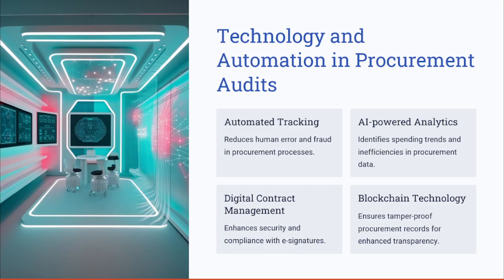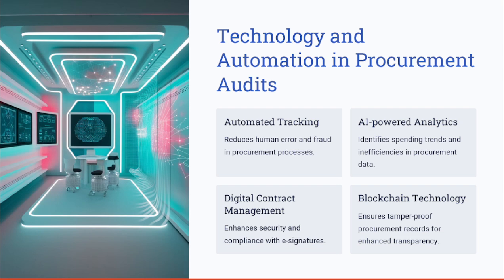Here are some of the technology tools and automation that can be utilized in procurement audits. How can technology enhance your audits? It can enhance them by having automated procurement tracking that reduces human error and fraud. Also, AI-powered data analytics to identify spending trends and inefficiencies. E-signatures and digital contract management enhance security and compliance. Blockchain technology, which is very evolving and very promising, ensures tamper-proof procurement records of all of these